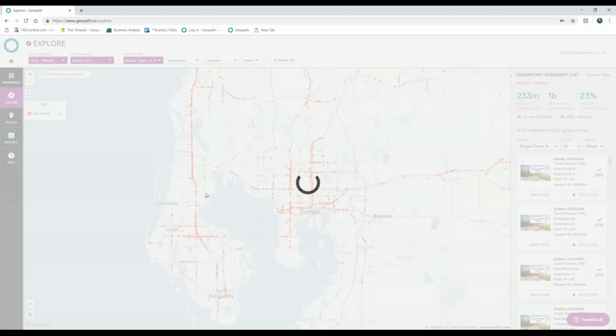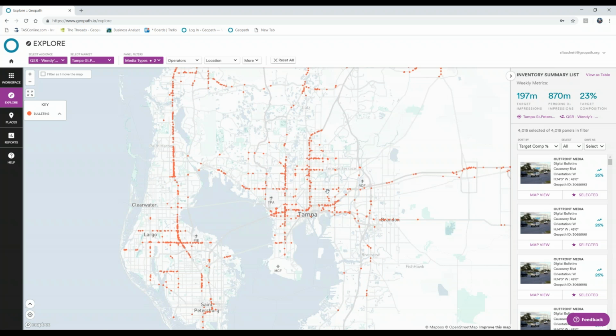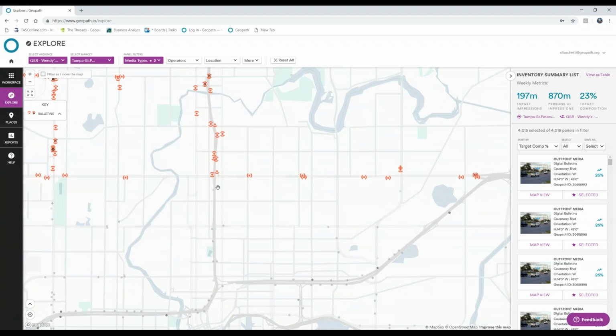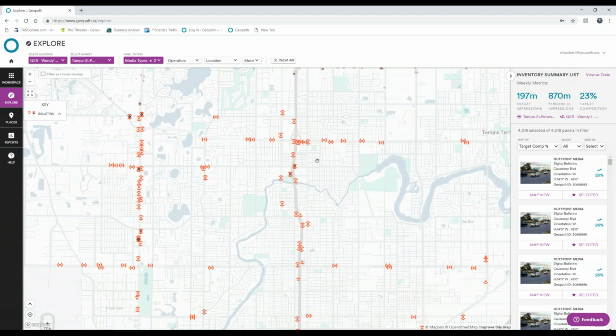So now I'm just filtering just for the bulletins in Tampa, St. Pete. And so I got that there, and I'm going to zoom in a little bit further. And I want to show you how that changes. Okay, so here you can see, you're starting to see the iconography change, and it's starting to show directionality and